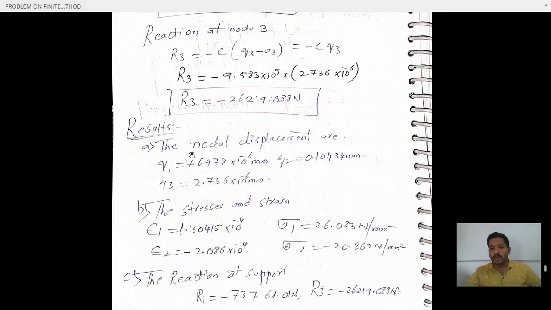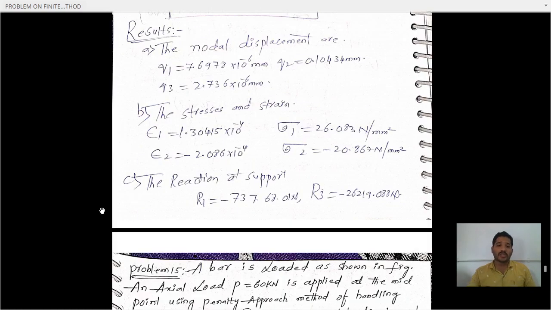The nodal displacement on Q1, how much did we get? 7.6978 into 10 power minus 6. Q2 is 0.10434 mm. Q3 is 2.736 into 10 power minus 6 mm. Again, the stresses, how much stress did we get here? 26.083, and stress for the copper we got as minus 20.867 Newton per mm square. And the reaction at the support, because